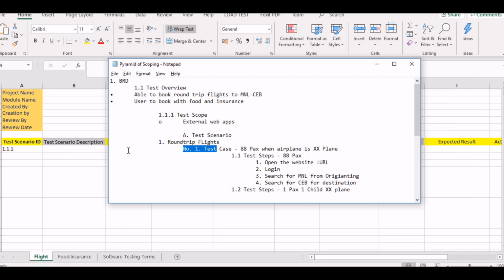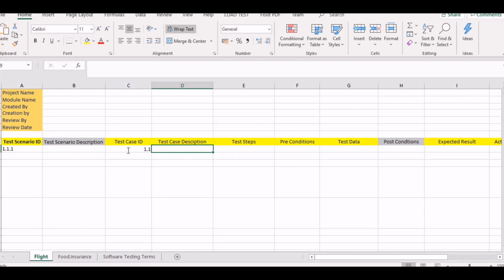Test case description, ito wala namang standard na definition sa isang test case description, pero gusto nating maging reusable yung isang test case. So kunwari you are on leave and may isang tester na maggagawa ng trabaho mo. So by defining a test case description, malalaman ng isang tester na kung ano yung pinupunta mong chine-check, kung ano yung actual na bagay na gusto mong i-check sa test case na to. Okay? So let's just say book multiple